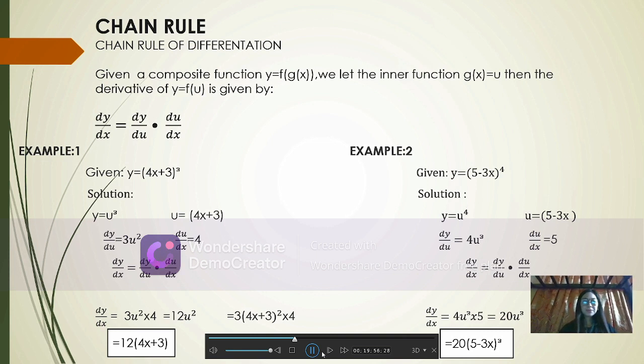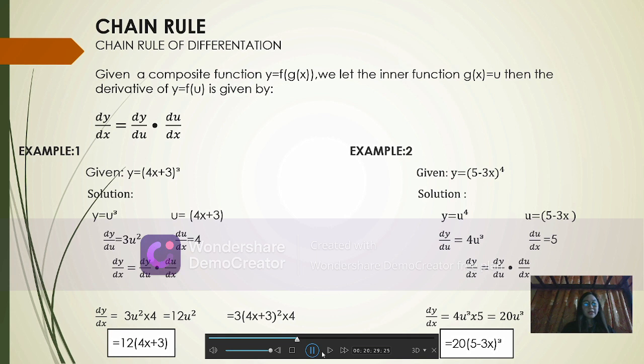Third topic naman tayo, chain rule. Chain rule of differentiation. Given a composite function, y is equal to f of g of x. We'll let the inner function g of x is equal to u, then the derivative of y is equal to f of u is given by dy over dx is equal to dy over du times du over dx. So example,